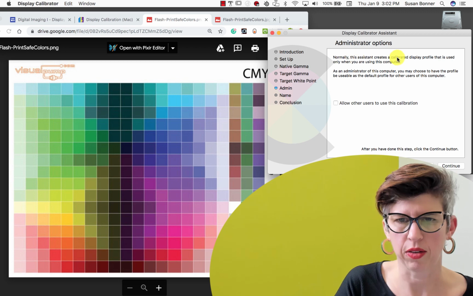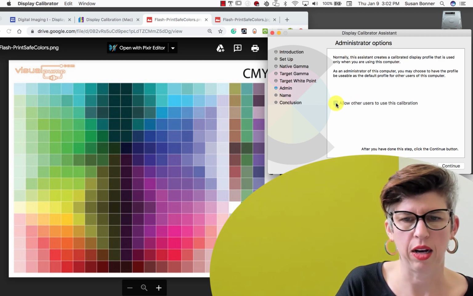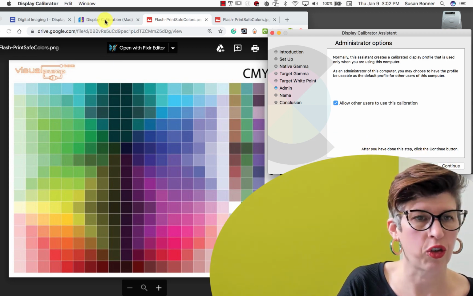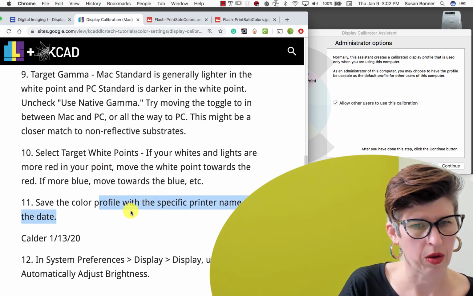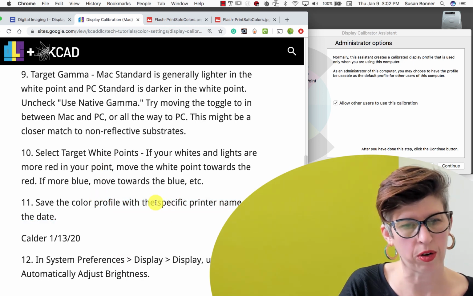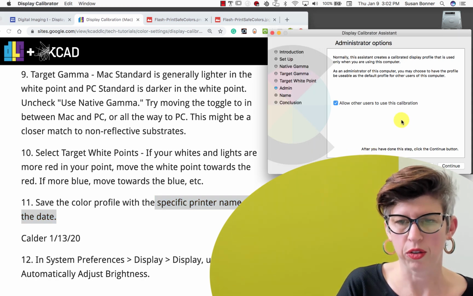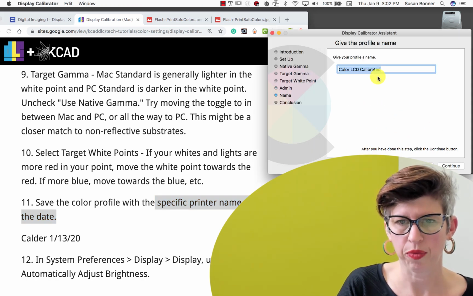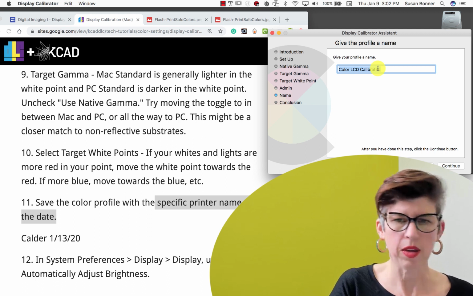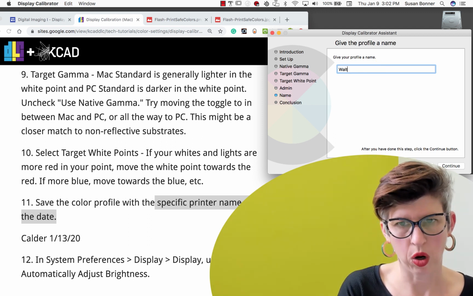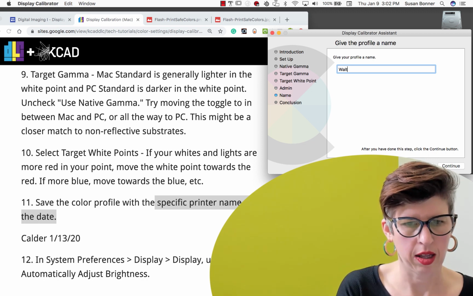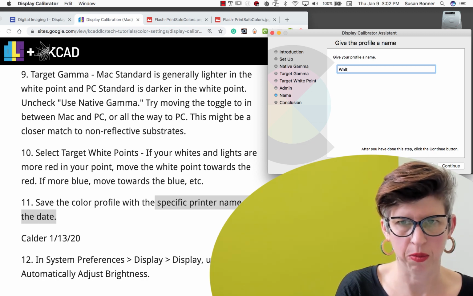Normally this assistant creates calibrated. So we're going to check allow other users to use this calibration. Let's check to see if that's correct. Save it with your specific printer name and the date. So I'm going to hit continue, and with your specific printer name, so I printed it on Walt, and the date happens to be